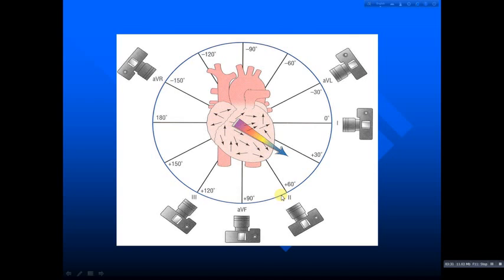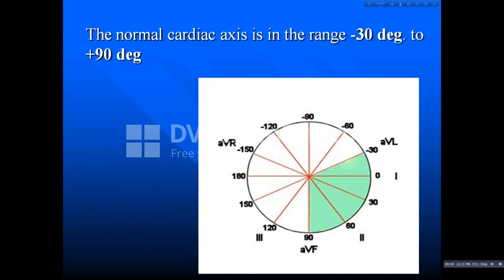And how do we determine that the QRS complex is positive? It's very simple. If the R wave of the QRS complex is greater than the S wave, then it is positive, and if the S wave is greater than the R wave, then it is a negative QRS complex. I think we have learned the basic things. Now we can see that the normal cardiac axis is between minus 30 and plus 90 degrees, left axis deviation is from minus 30 to minus 90 degrees,